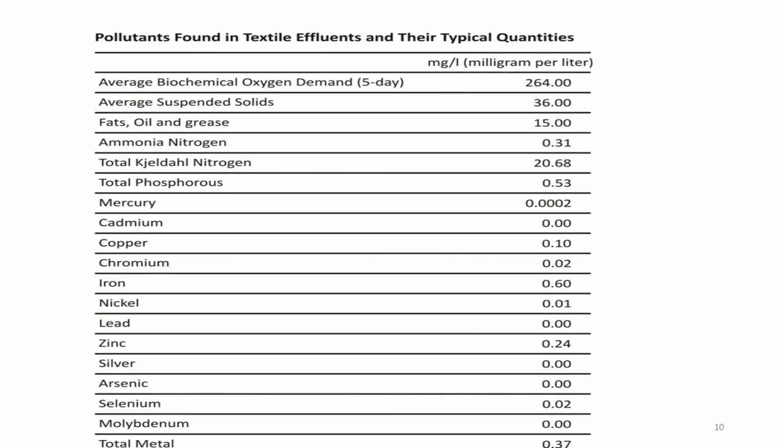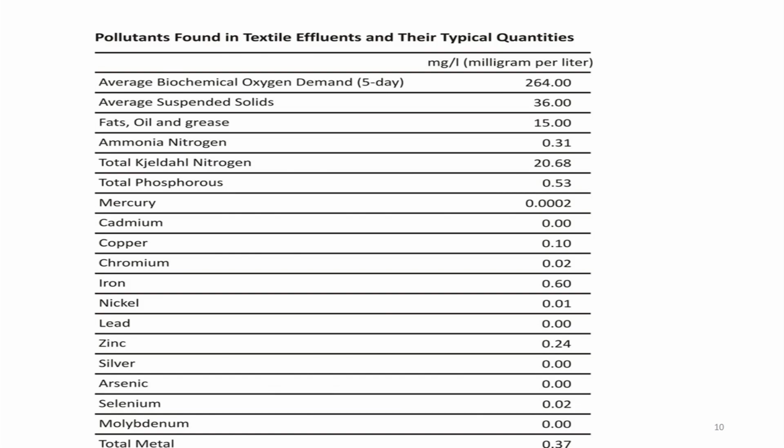So, average BOD should normally be 264 milligram per liter, average suspended solid should be 36, fat, oil and grease FOG should be 15 milligram per liter, ammonia nitrogen should be 0.31, total Kjeldahl nitrogen should be 20.68 or 21, total phosphorus should be 0.53, mercury cannot exceed more than 0.0002, that is